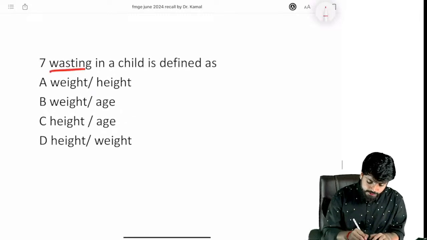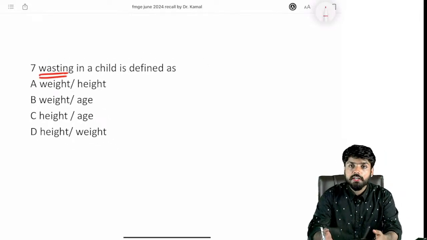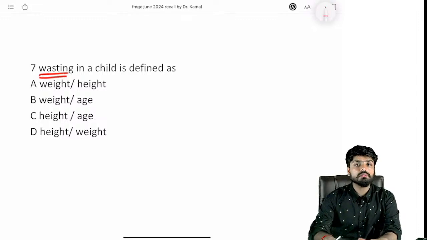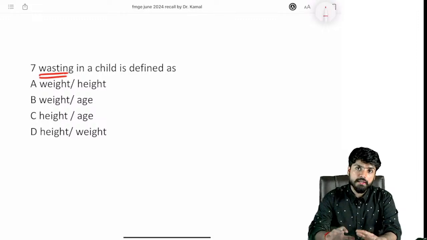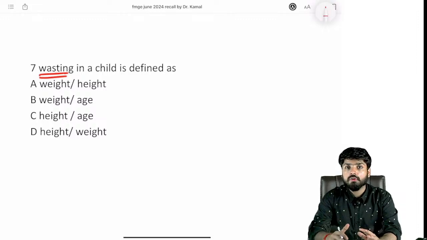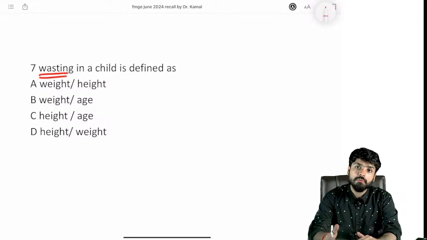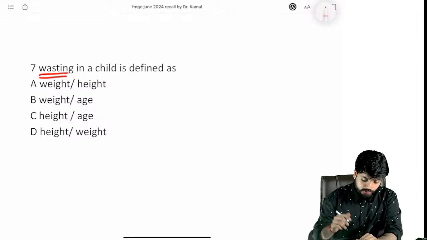Wasting in a child. See, either it can be malnutrition or it can be growth reduction. We have to use certain parameters in pediatrics to categorize the child. It can be either wasting or stunting. If you understand by the name, wasting is related to the weight issue, but stunting is when the height or the stature of the child is compromised due to long, prolonged or persistent malnutrition. Now for wasting